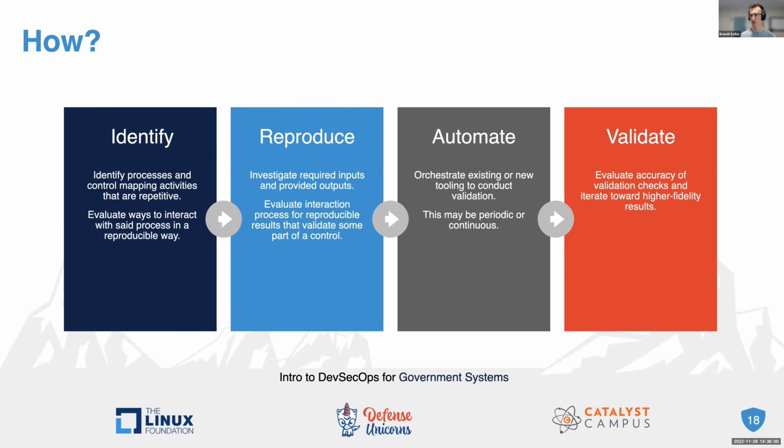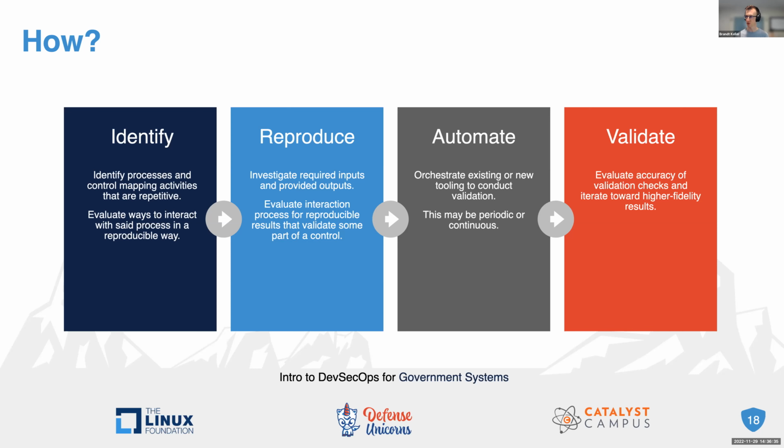And then start to dig into it, start to take one of those. Again, if only one control gets automated now, and we can continually reproduce how it gets validated, then we have one. And now the next time we have the ability to keep building upon that, we can build this stack of different ways to get to continuous compliance, to get to authority to operate faster. And so we identify what we've done previously. How have we said that a control is validated?